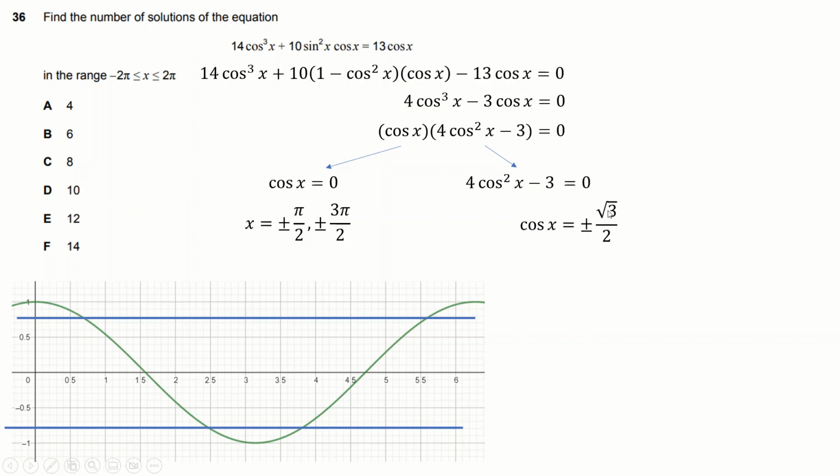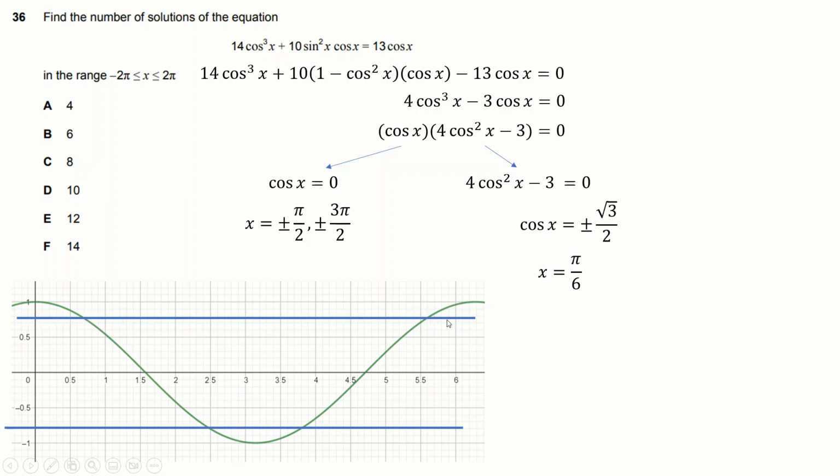By the way, we need it to be both. We've got options of plus root 3 over 2 or minus root 3 over 2. But the first solution is pi over 6. If you're working in degrees, cos of 30 is root 3 over 2, but that's pi over 6. Now the next one, if it was pi over 6 along,